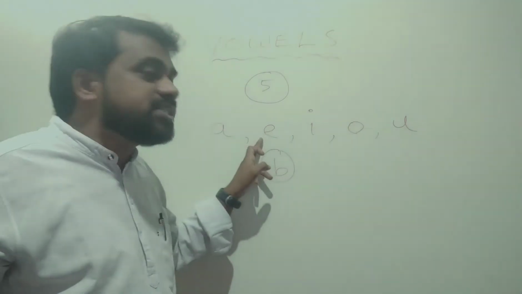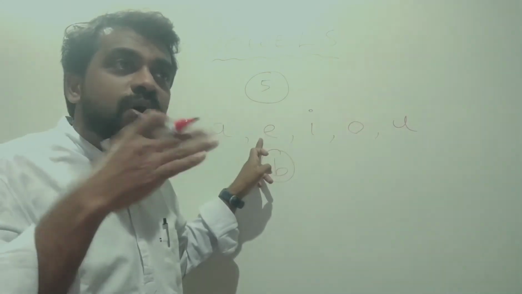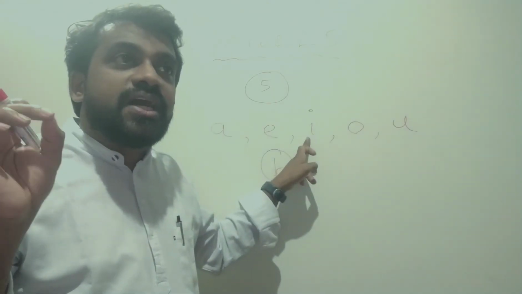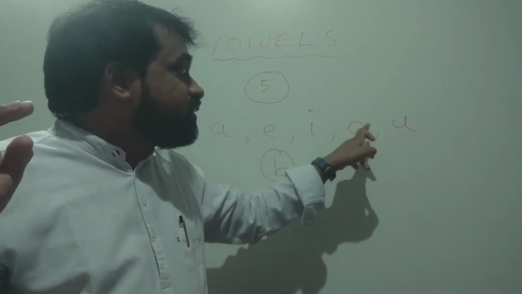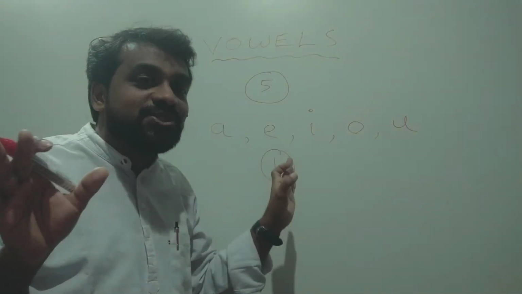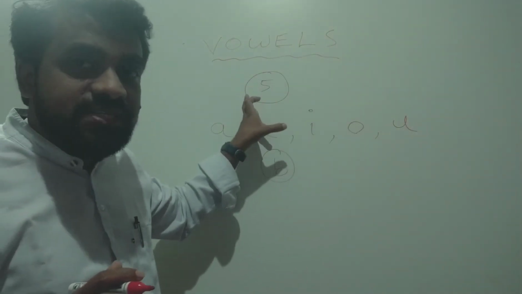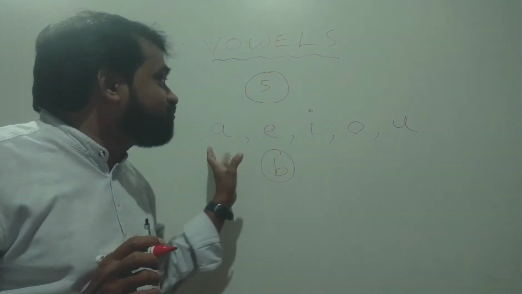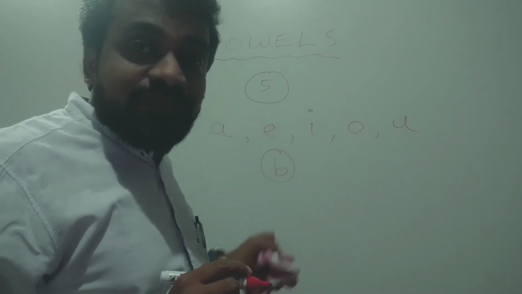So similarly, this E. Air goes out like that. E. There is no block of air. There is no restriction. Then I. Air goes out. O. Then U. Okay. So from this, I think you understood how we identify these 5 letters as vowels. Hope this is new knowledge for all of you. New knowledge, no?